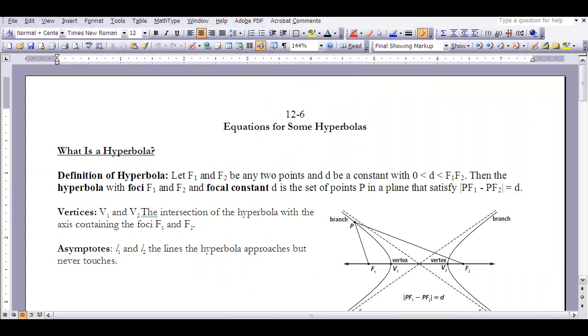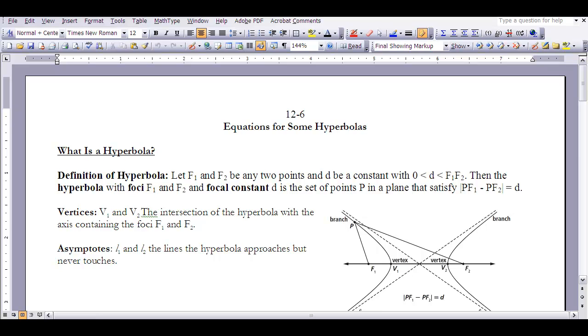So far in Chapter 12 we've looked at parabolas, and circles, and then ellipses. All three of those are considered part of a group of figures that we call conic sections. We're going to look at a fourth one today, and that's a hyperbola. We've actually looked at hyperbolas prior to today, back in Chapter 2 when we were